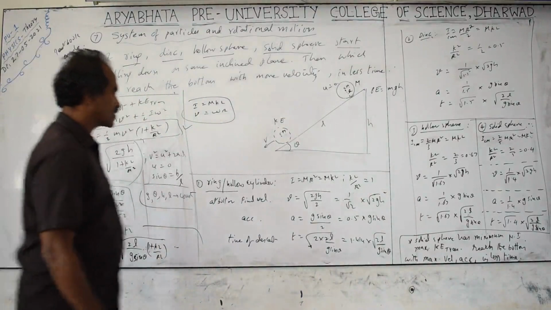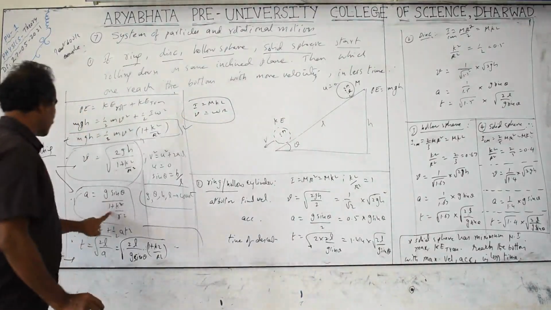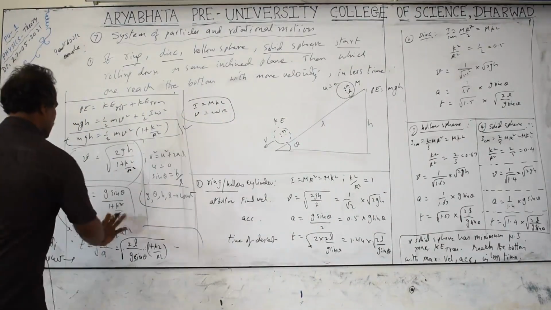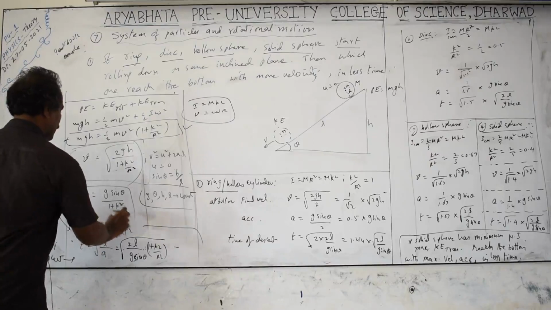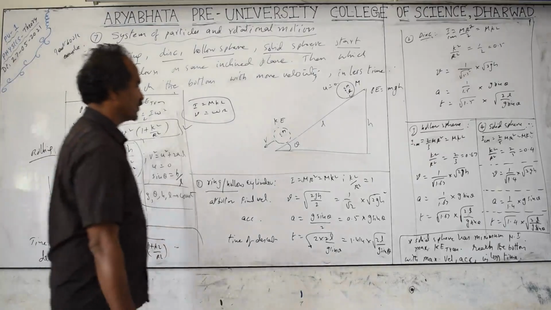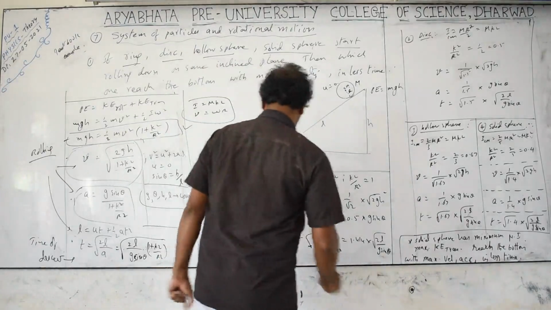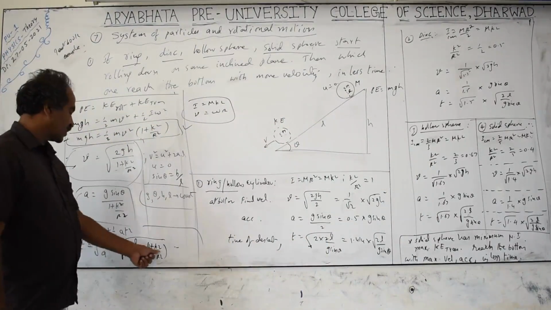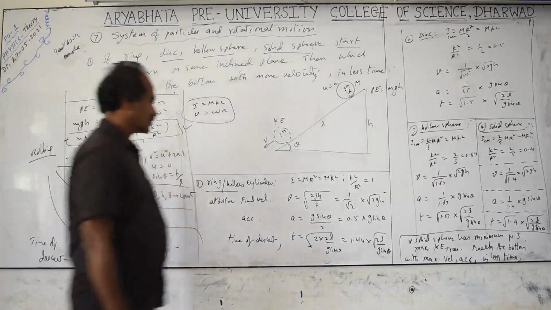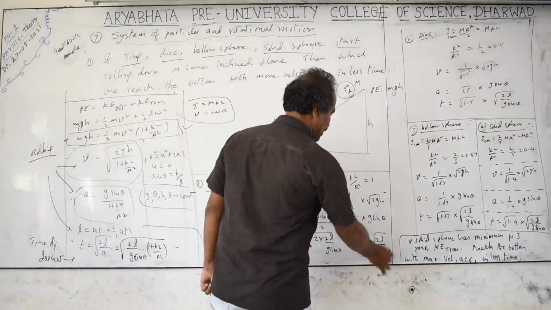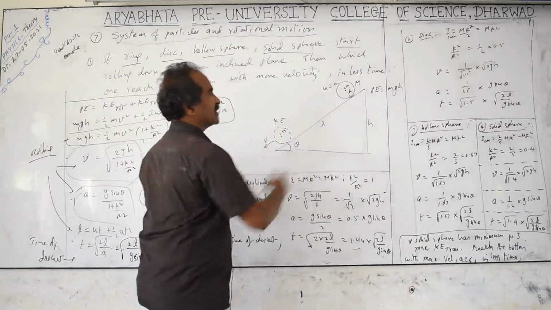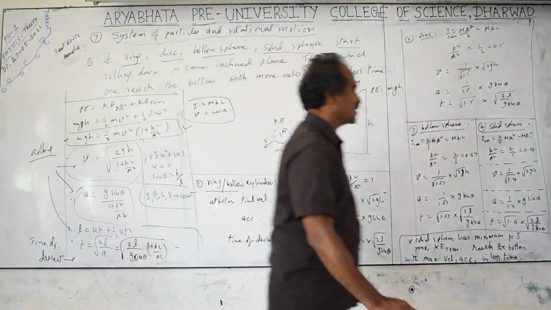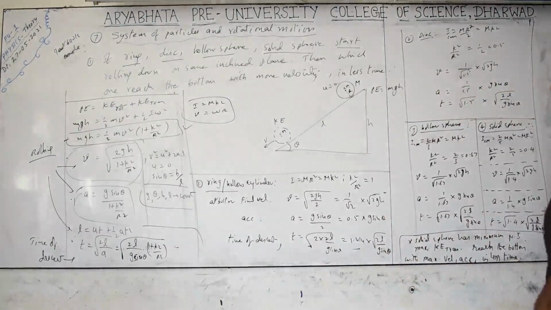And acceleration a is equal to g sin theta by 1 plus k square by r square. This is 1, so 1 plus 1 is 2. So g sin theta by 2, that is 0.5 g sin theta, you will get. And time t is equal to root of 2L by g sin theta times 1 plus 1, which is 2. Two times, you will get a 2, take it out. Root 2 is 1.414. This is a constant. Remaining terms are not required because we will take the ratios, comparisons only. They will ask generally individual values, formulas they will ask.